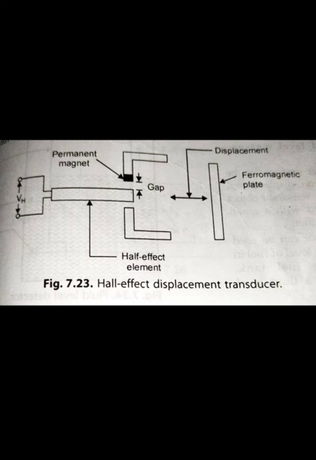The second application is current measurement. A Hall effect transducer can be used to measure current in a conductor without interrupting the circuit and without making an electrical connection between the conductor circuit and the meter. When DC or AC current flows through the conductor, it sets up a magnetic field around it, and the magnetic field is proportional to the current in the conductor.